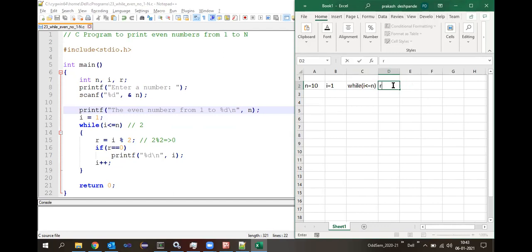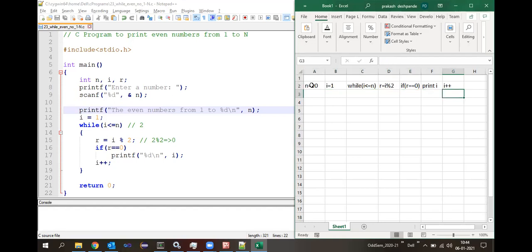So the next statement is r equals I modulus 2. Then after that we have one more if condition: if r double equals 0. Now if this is true, then we need to execute the next statement, that is printf. I need to print I here. Then we have I plus plus. These are the corresponding statements which we require for the tracing here.